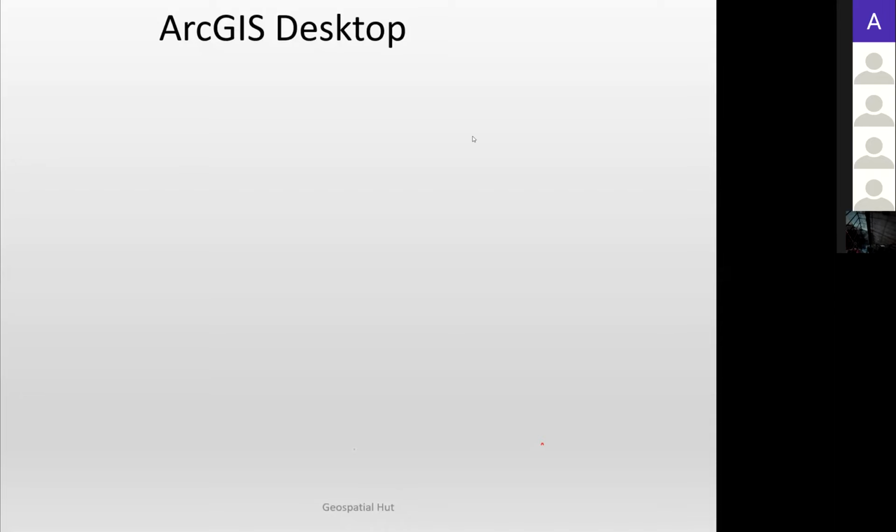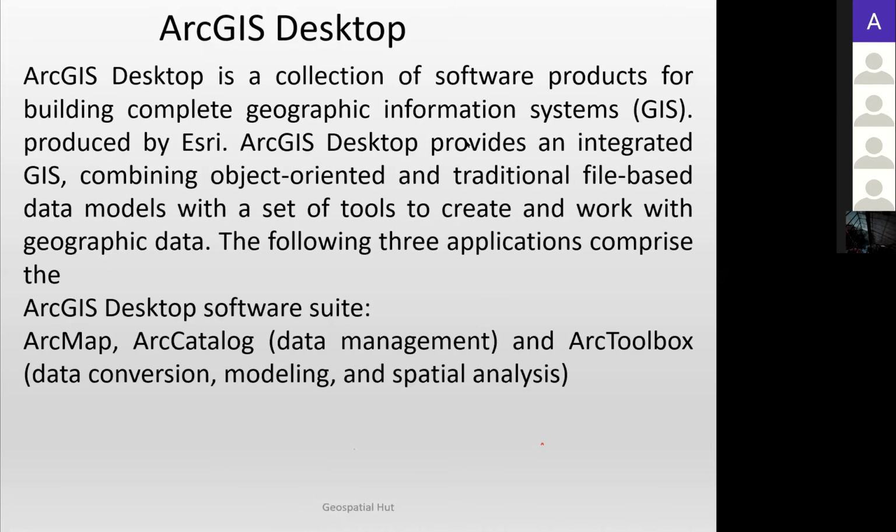Let's now talk about ArcGIS Desktop. ArcGIS Desktop is a collection of software products for building a complete geographic information system, which is GIS. It is produced by Esri. Esri is owned by one man, so it is not listed on the stock exchange in the United States. So it is one man's